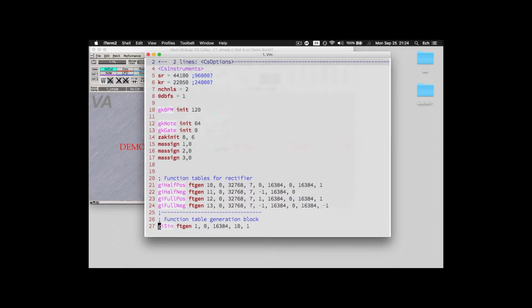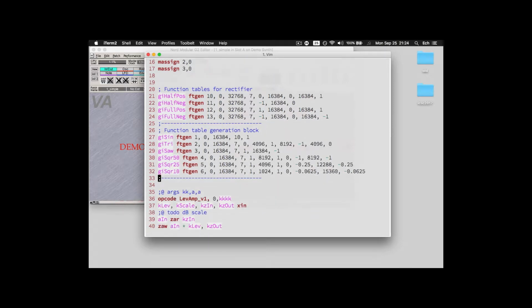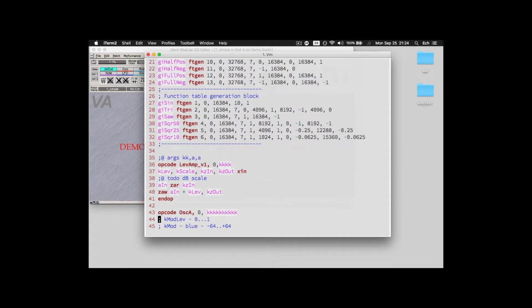Also, we generate some function tables we don't currently use, except probably for the saw wave. After the static definitions, which come from the templates, go the UDOs, which represent each module,